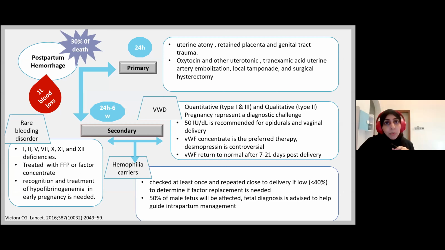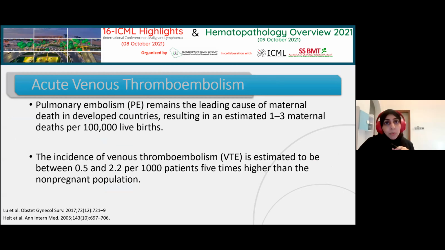Now, the third complication, which is thrombosis, acute venous thrombosis, could be pulmonary embolism or deep venous thrombosis. Pulmonary embolism in developed countries remains the leading cause of maternal death, with an estimate of 1 to 3 maternal deaths per 100,000 live births. The incidence of venous thromboembolism is estimated to be between 0.5 to 2.2 per 1,000 patients, which is 5 times higher